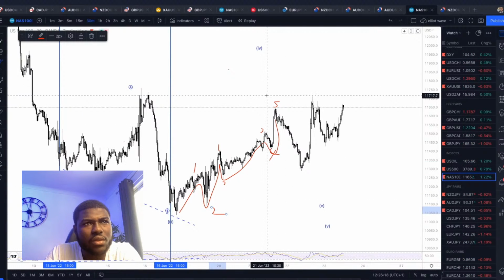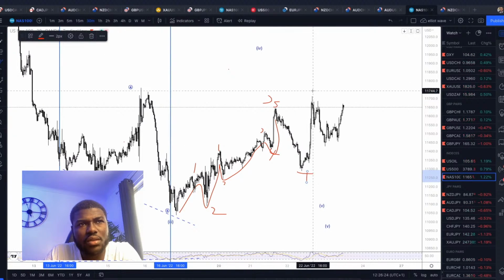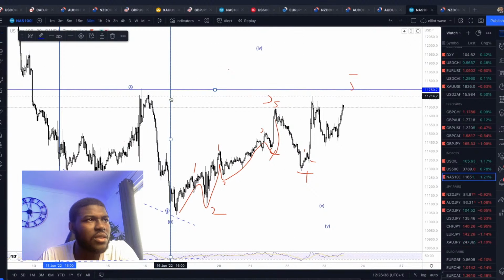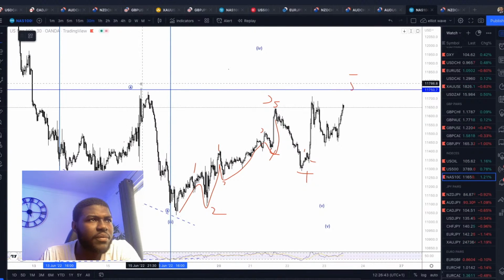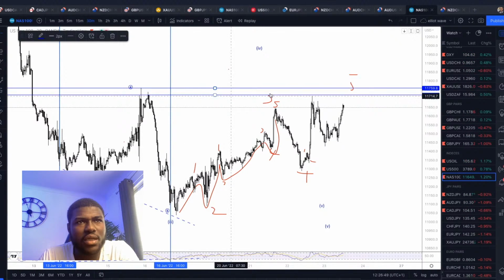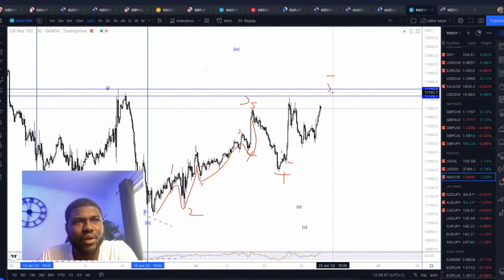This is the big wave 2. This is big wave 3. This is big wave 4. And then wave 5 is about to start. 1, 2, 3 correction. That's wave 1 of 5. Wave 2 of 5. Wave 3 of 5. Wave 4 of 5. Wave 5 of 5. Guys, if you are in Nasdaq buy, you should be looking at this strong resistance region. There may be a retracement somewhere there, and there may be a breakout, but there is high probability that there's going to be some bits of ranging around here, and it might be a good position for a retracement,